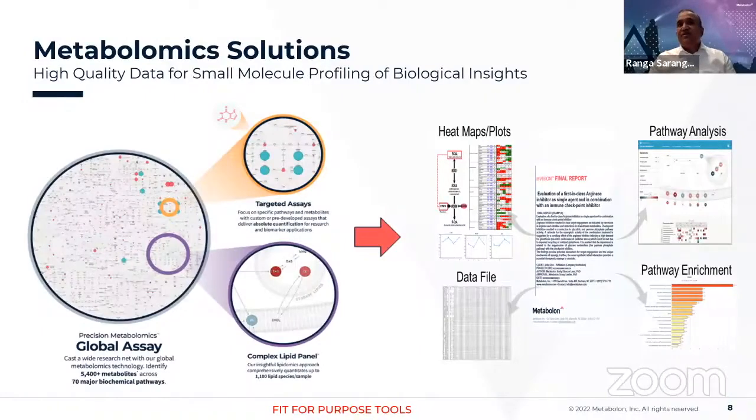These were some of the very rudimentary stuff that is usually done in metabolomics, and the only reason I'm bringing this up is because I wasn't sure how much of the panel actually understands metabolomics or how the data is used. Some of the fundamental things for almost all the molecular matrices that one generates, whether it is metabolomics, proteomics, or lipidomics, is the use of things like heat maps, pathway analysis, pathway enrichments. There are publicly available databases against which these are constructed and enriched for. And so these tools are readily available.